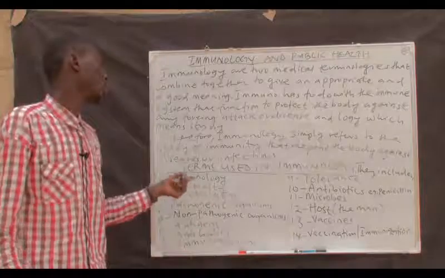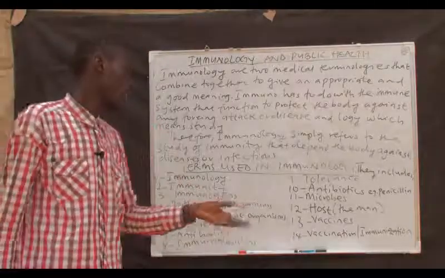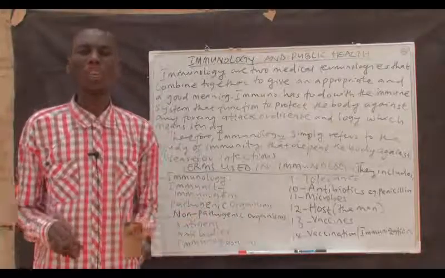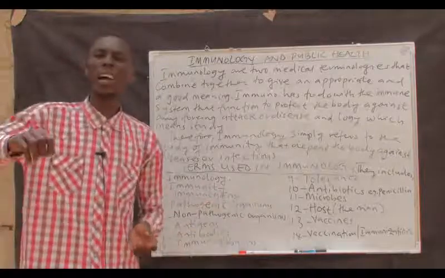Then we have non-pathogenic organisms. These ones are not like pathogenic ones. So they are opposite to one another. They are opposite to each other. So therefore, these ones, they lose their virulence